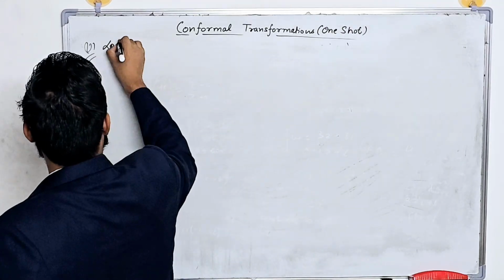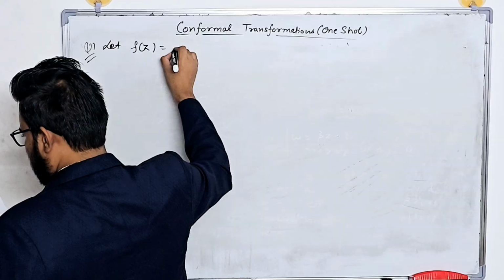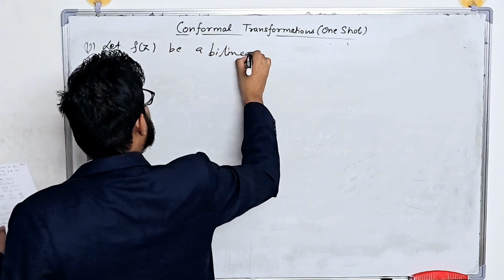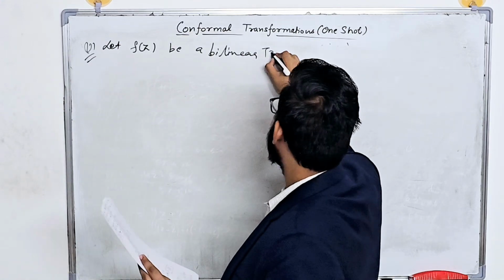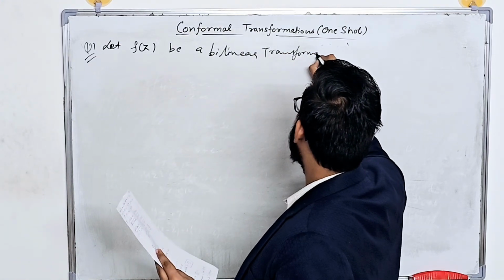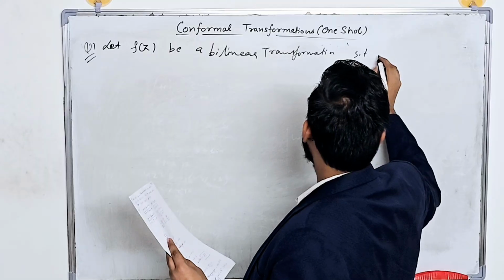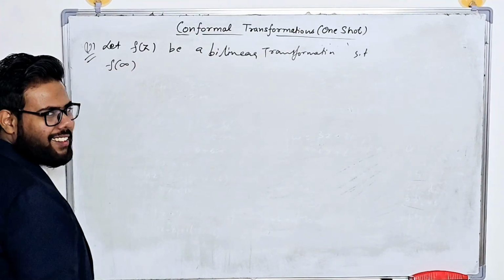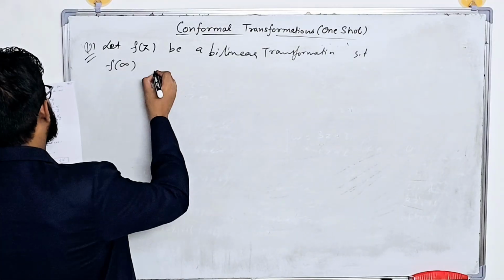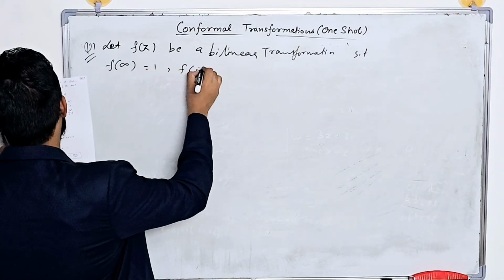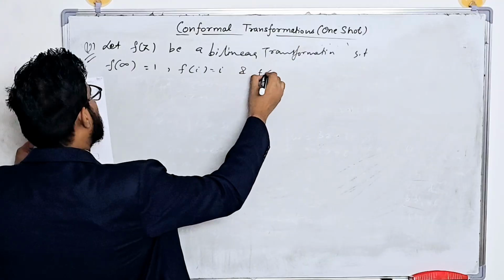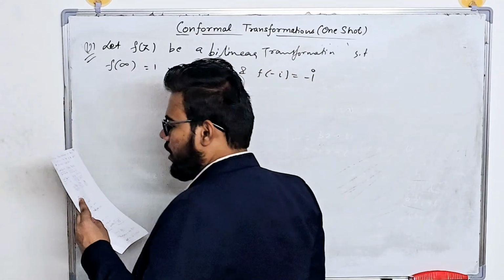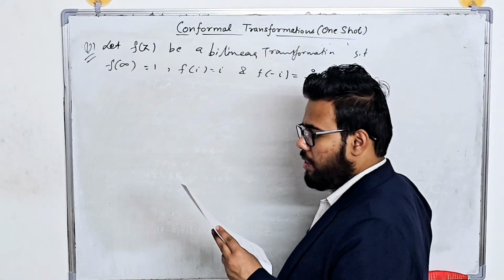Let f(z) be a bilinear transformation such that, now it is something interesting, f(infinity) is equal to 1, f(i) is equal to i, and f(-i) is equal to -i, right? So this is what we are given,